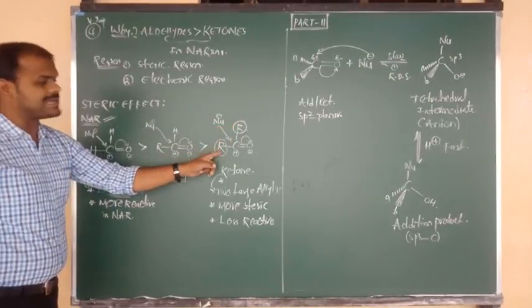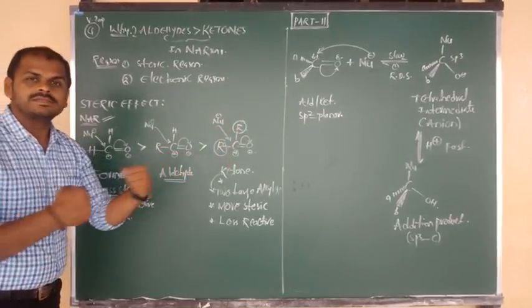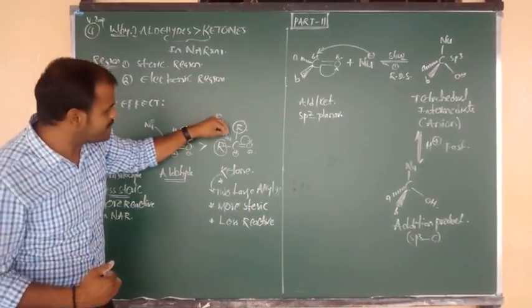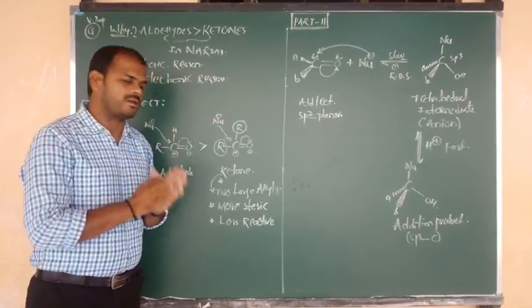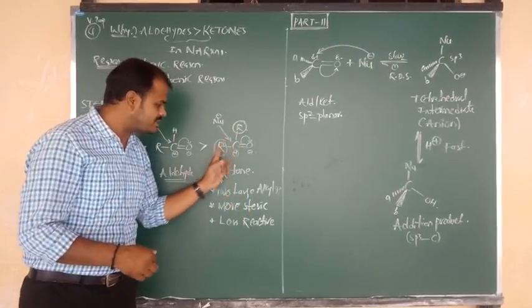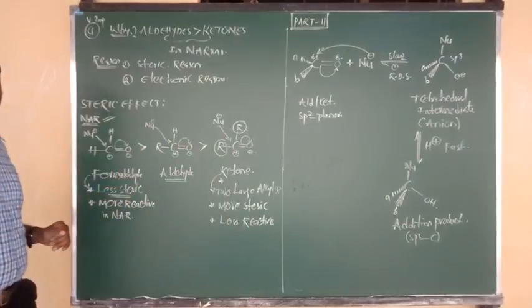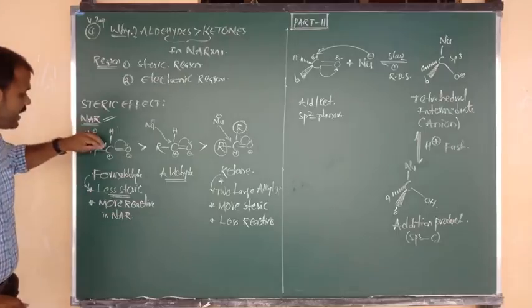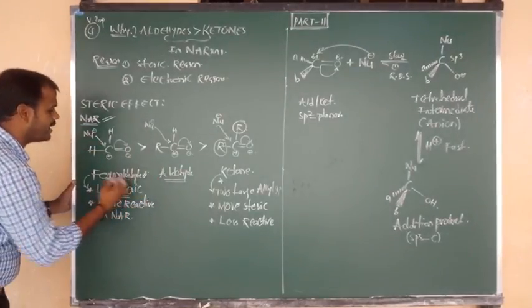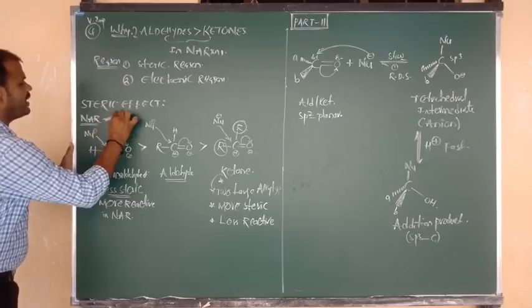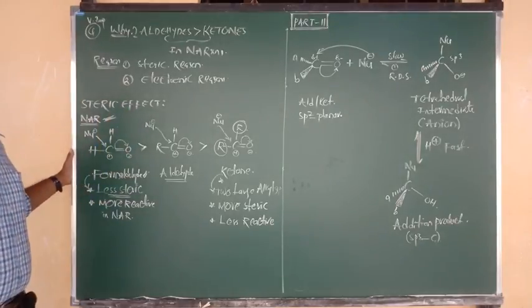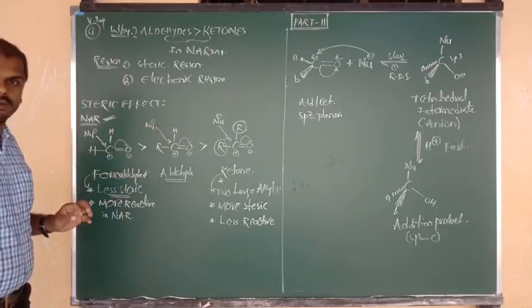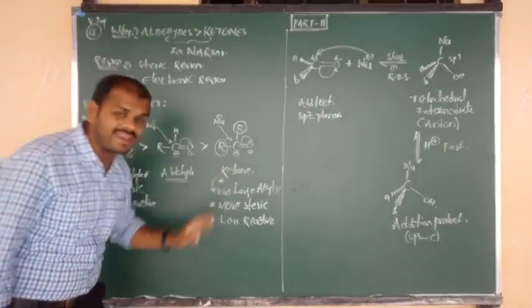Okay, so two large substituents in ketones cause steric repulsions. Due to these more steric repulsions, nucleophilic attack cannot take place easily upon the carbonyl carbon. So there are more steric repulsions due to large alkyl groups, that's why ketones are less reactive in NAR. Here there are no alkyl groups, so it is steric free, no repulsion, and nucleophilic addition takes place easily in case of formaldehyde, so it is highly reactive in nucleophilic addition reactions. I hope you understand this concept clearly. So due to this steric effect concept, we can say that aldehydes are more reactive than ketones.